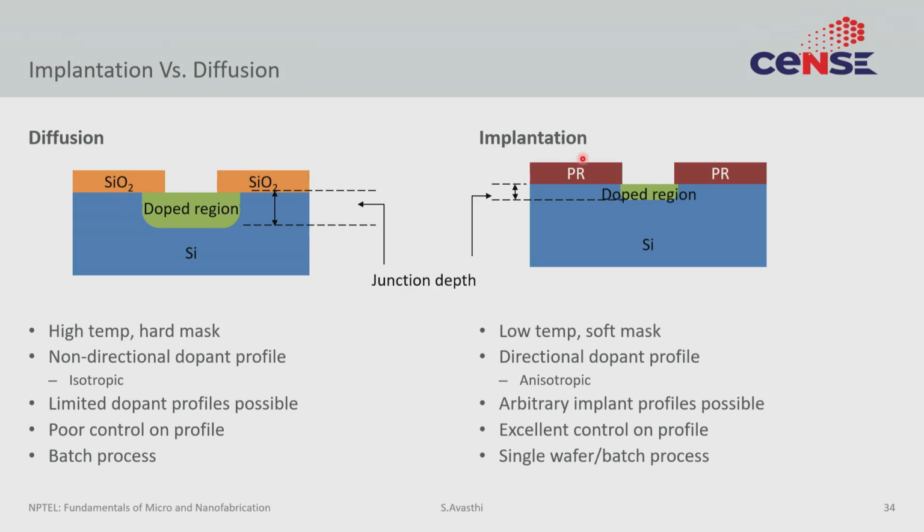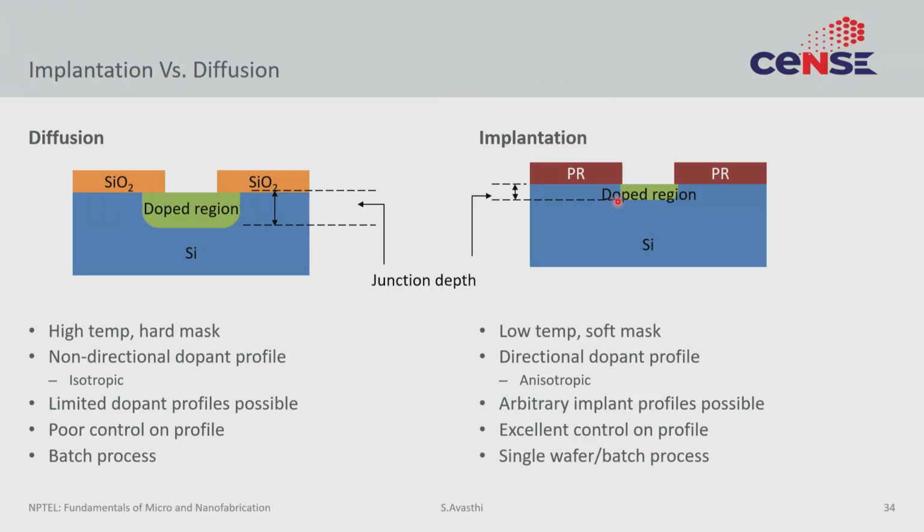Implantation, on the other hand, is very anisotropic. There is an ion flux, the ions come from the top, and while there would be some diffusion laterally during the anneal process, the implantation process on its own is completely anisotropic. It has a directionality, the ions all go down. There is no lateral movement. So that is very advantageous as you are trying to scale down the devices and make narrower and narrower doped regions. That's one reason implantation is so popular in modern doping.